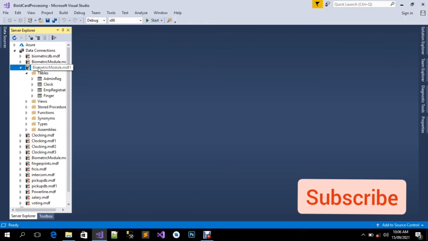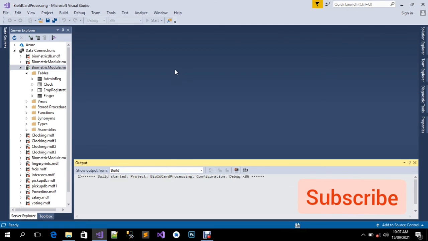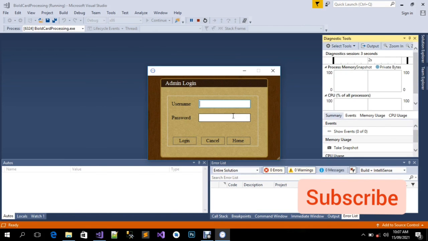All right, so once you have that, it means the database is connected. Okay, so once it is connected, you won't have any pop-up error message indicating that the SQL Server Express or database connection is not compatible, or things like that. But once you've done that and it's connected, you won't have any problem. You can just go ahead and run the project. Okay, so once you run it, and you'll be